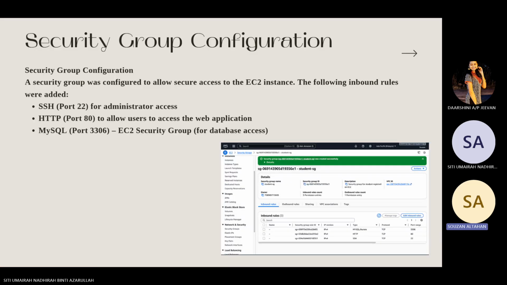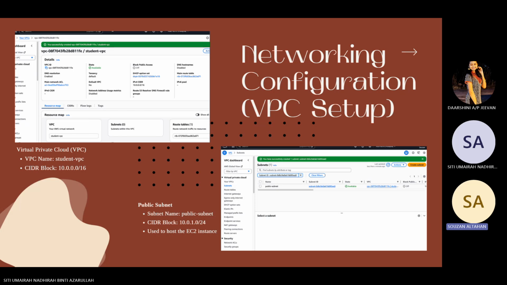Hi, so for the networking and VPC setup. Okay, so before creating any server or database, we first set up the network. So we created a VPC with a CIDR block, this one, 10.0.0.0/16. And this provided